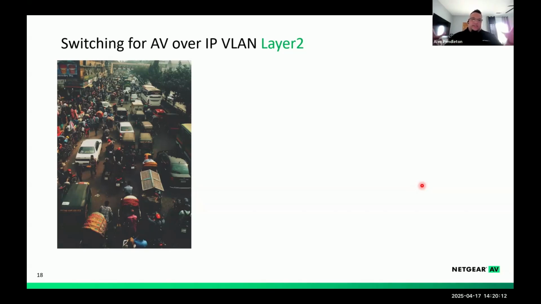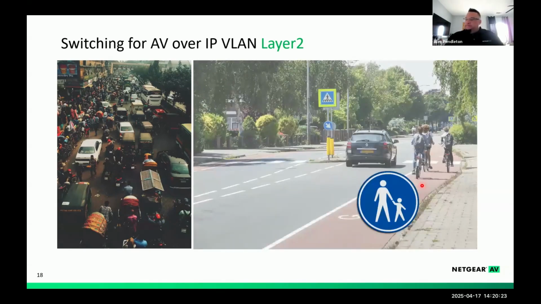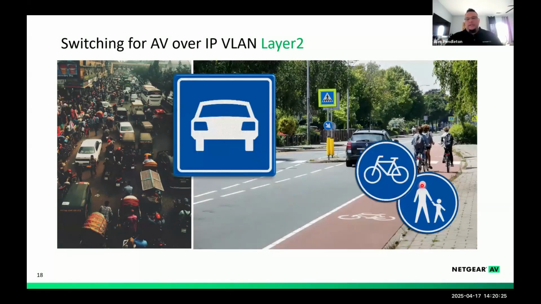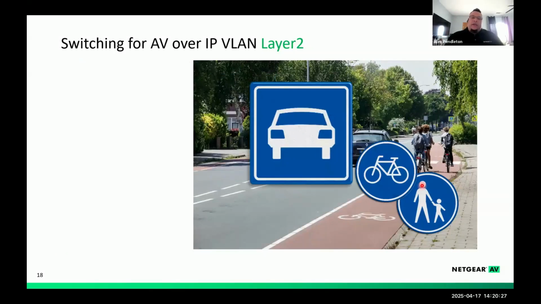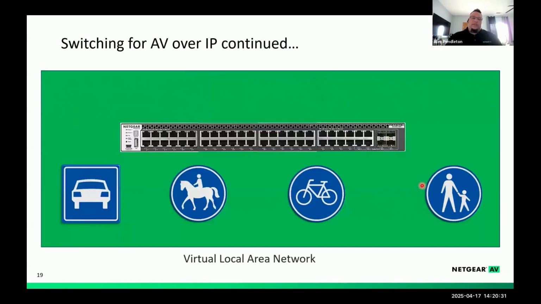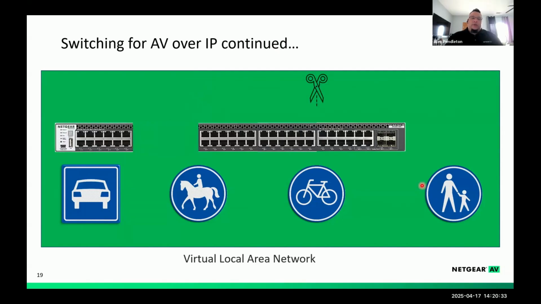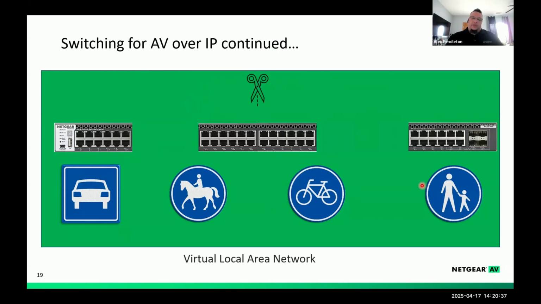All that traffic was just condensed into the same pipes and not really discriminated against on what traffic needed to go where. It was just all kind of going in the front door. And so they decided to create a system that would essentially isolate the traffic into buckets. So let's go ahead and carve this switch up into the different AV buckets that we'll have. And we'll do car traffic, equestrian traffic, bike traffic, and pedestrian traffic.